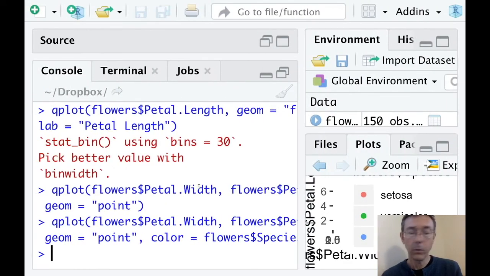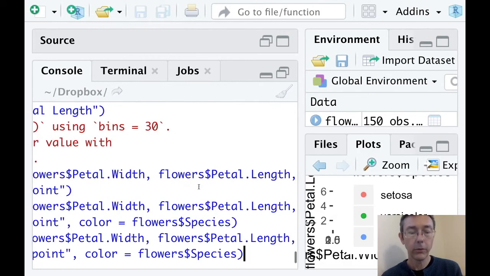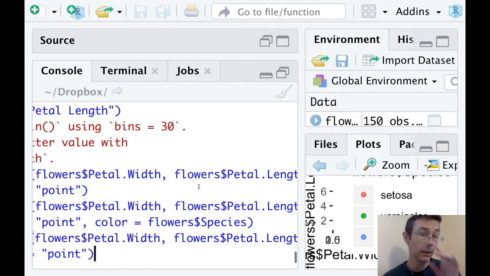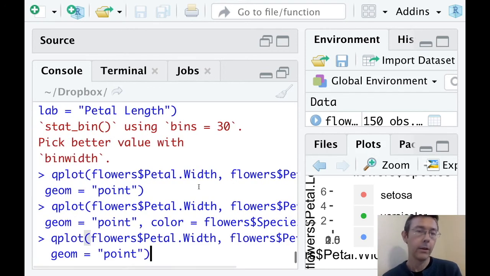So the next thing that we probably want to do if we're looking at scatter plots is to add a regression line. So just for simplicity, I'm going to remove the color from this graph right now, go back to the slightly less visually appealing plot that we had before, and try and add a regression line. So when I say add a regression line to the plot, one nice thing is that the syntax in R is going to directly reflect that sort of addition that really is happening, the layering that's happening. So I'm going to take that ggplot command, and at the end of it, I'm literally going to add in plus